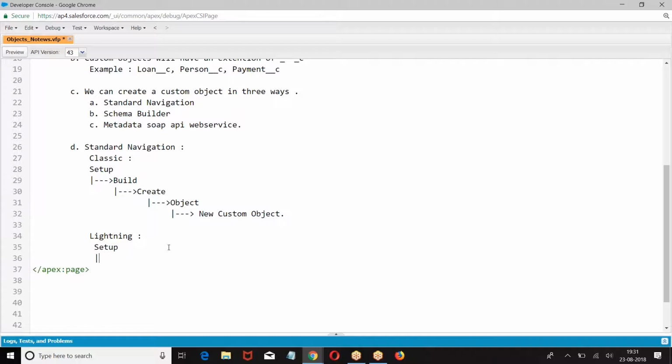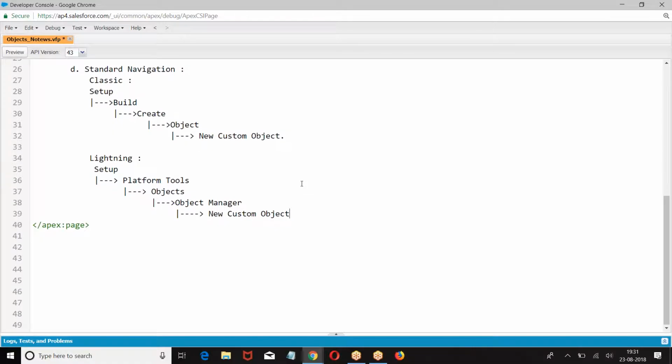Setup, platform tools, objects, object manager. This is the navigation.